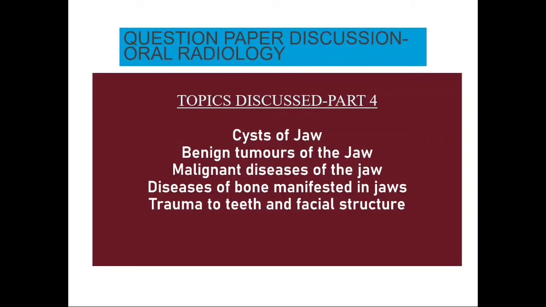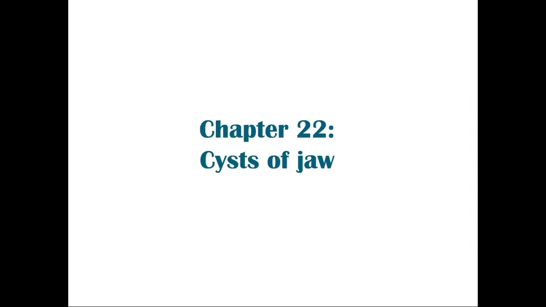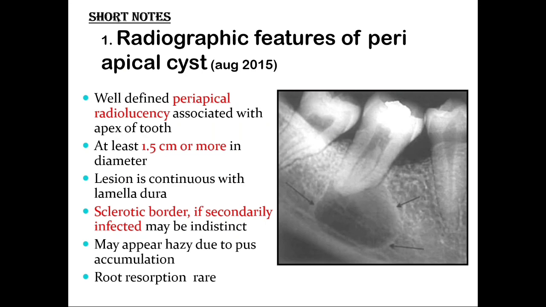We shall be continuing the last topic discussion for oral radiology. We'll be talking about these topics, that is cysts of the jaw, benign tumors of the jaw, malignant diseases of the jaw, diseases of the bone manifested in jaws, trauma to the teeth, as well as the facial structures. So under the first chapter, that is the cysts of the jaw, the short notes that can be asked are